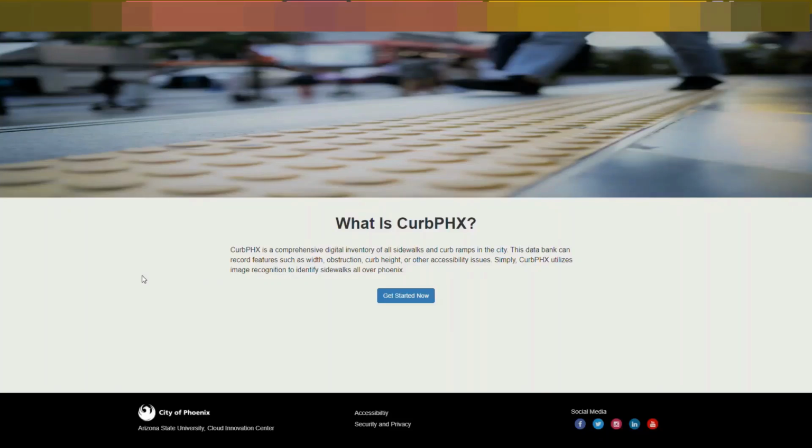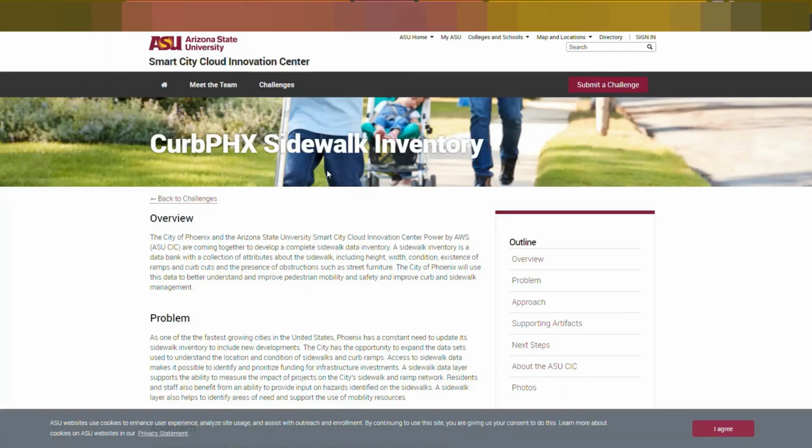Arizona State University's Cloud Innovation Center collaborated with City of Phoenix Street Transportation Department to create an open source tool that generates a sidewalk inventory of a city using aerial drone imagery, object detection, AWS cloud infrastructure, and GIS tools. To view the supporting artifacts and the source code for this challenge, please visit our website